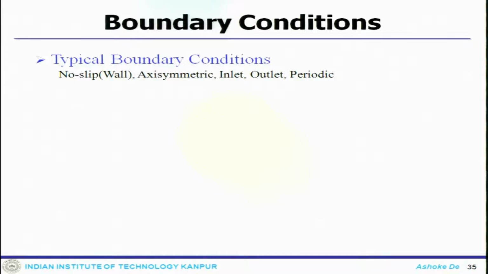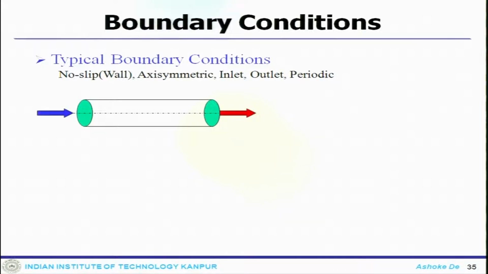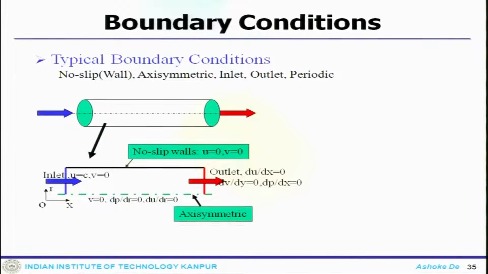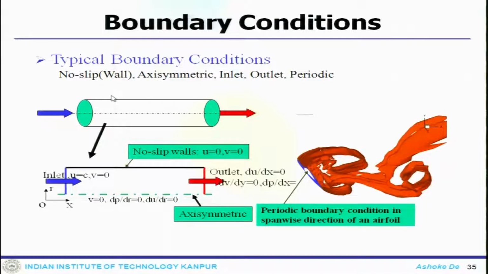Okay, so welcome to the lecture of this finite volume method. Now we will look at the boundary conditions. When you look at the boundary conditions, again when you talk about the fluid flow system, one of the important boundary conditions is the no slip condition. That means at the wall you have a no slip.